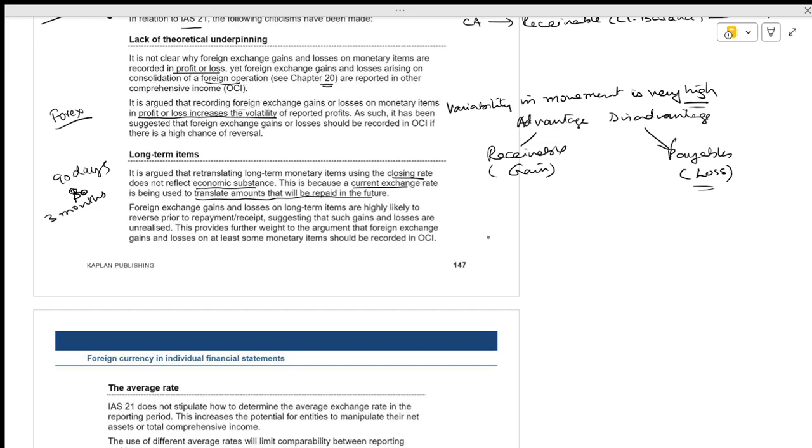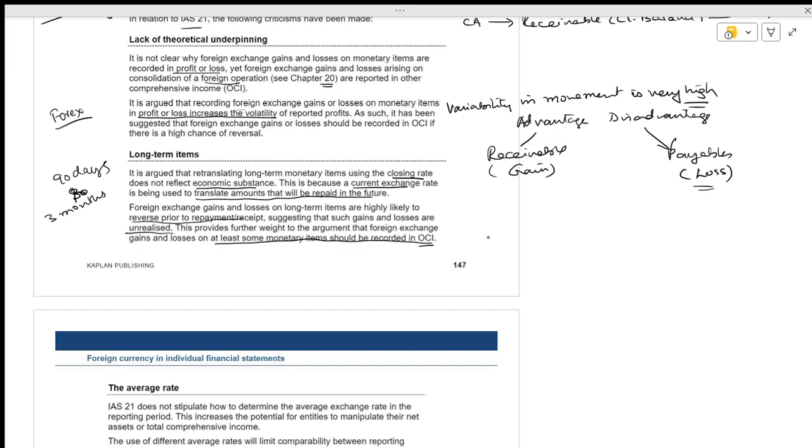Foreign exchange gains and losses on a long-term basis are highly likely to reverse before repayment of receipts. Such gains and losses are unrealized. Means they are saying how likely they are to reverse prior to repayment of receipts. Is there any option which we can work out? This provides further weight to the argument that foreign exchange gains and losses, or at least monetary ones, should be recorded in